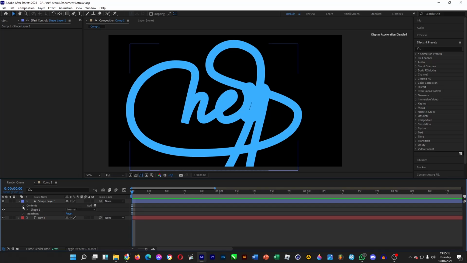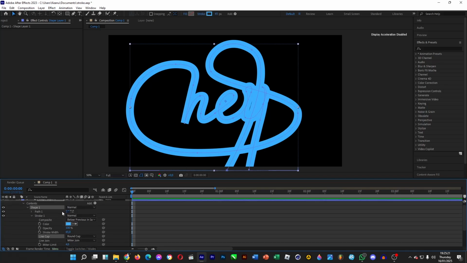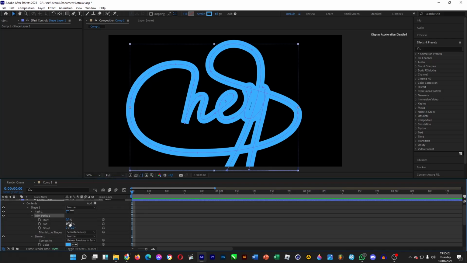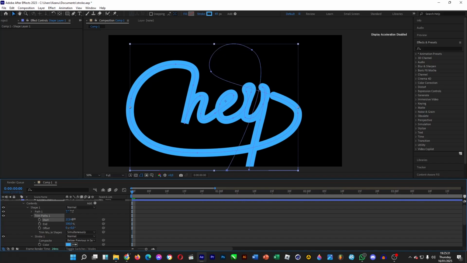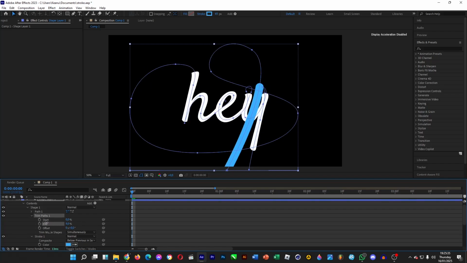Once you're done, let's do some tweaks with the roundness of the ends of the stroke. Go under the shape layer and then go to contents, shape 1, and then afterwards go to stroke, and then change the line cap into round cap, so that when you head over to trim path, and then you change the end amount, see, the ends will be rounded like this. And then we want to do this kind of outline